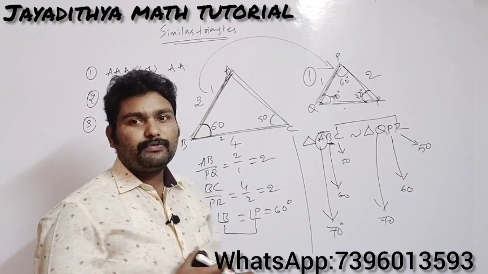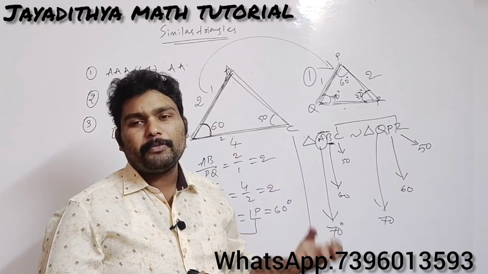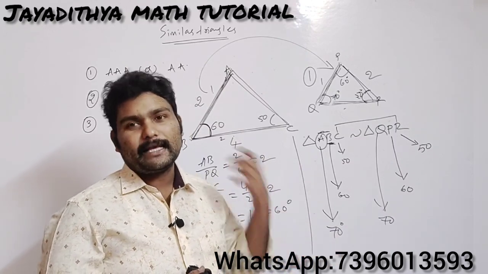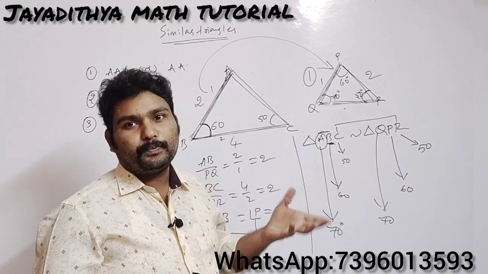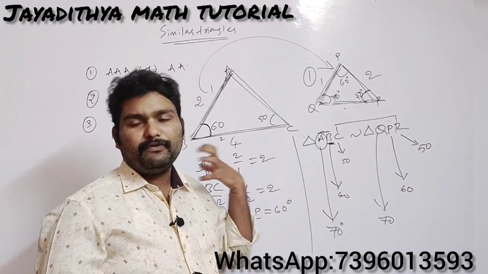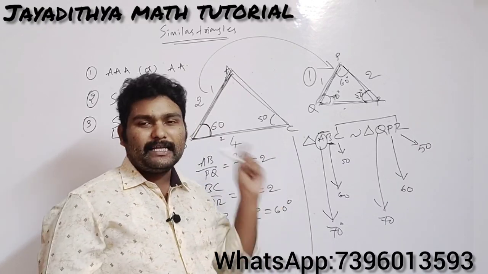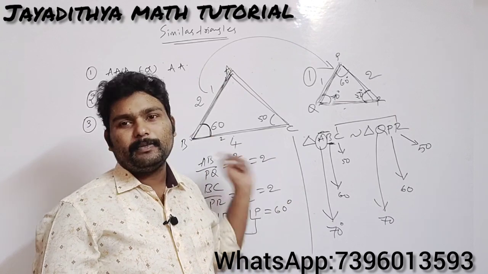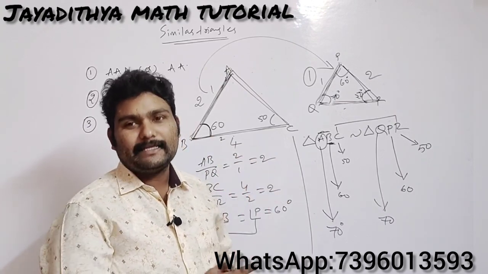Clear now? So in this way, you need to analyze your problem and you should write the given information correctly. You should analyze what are corresponding angles, corresponding sides, and what is the given information and what we need to find out. So this is very much important. We'll be doing the problems in our coming class. So do practice all the Try This, Do This in the chapter. Don't miss any single problem from Try This, Do This and examples.